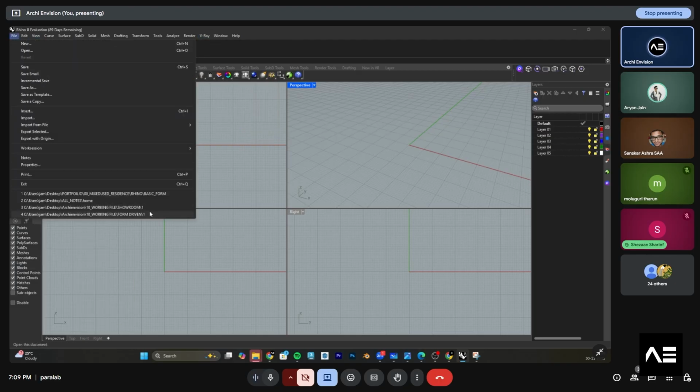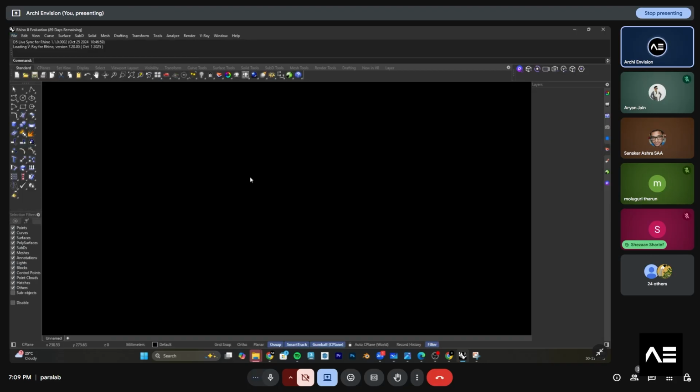I'll try to open the basic model to show how V-Ray will look. It's actually loading, I guess. How we do the settings in SketchUp for V-Ray is exactly the same as how we do it in Rhino.